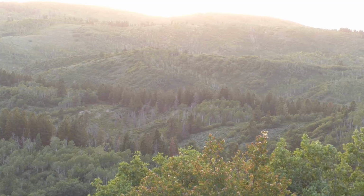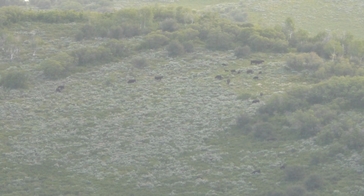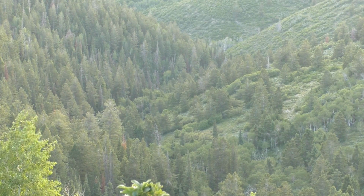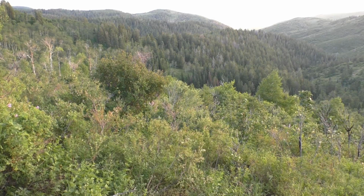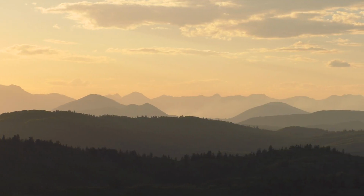Well, I haven't seen much since that bull elk. I've seen just that one bull elk so far. I just ranged where he was, and it was about 570, 575 yards away. Gosh, I keep hoping he'll poke back out, but